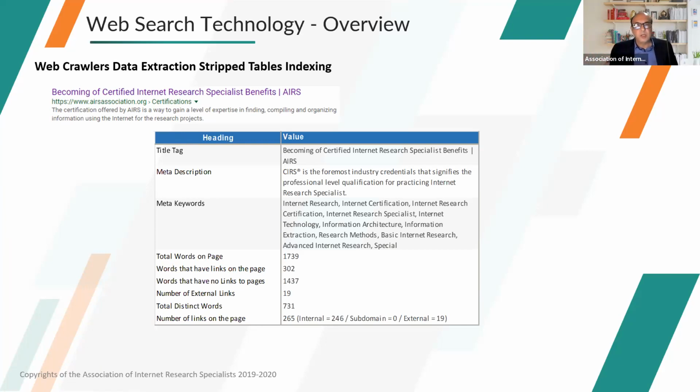While it's bringing those pages back to its repository, even before indexing, or you could say during indexing, simultaneously, it starts to extract information to organize it better by making it indexable in a more detailed way. Okay, so that's what we are going to look at.